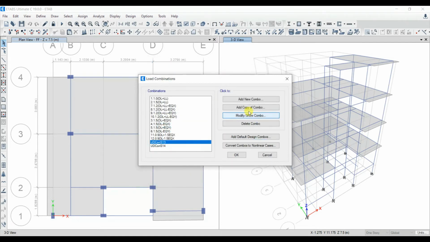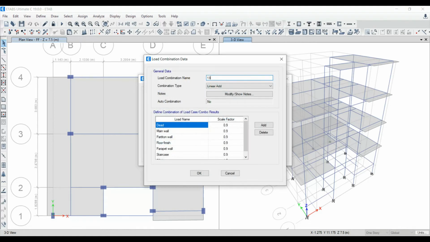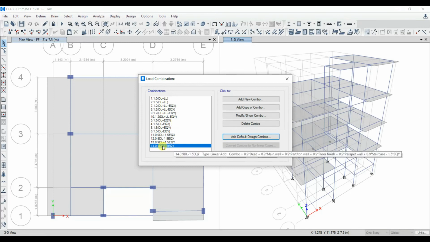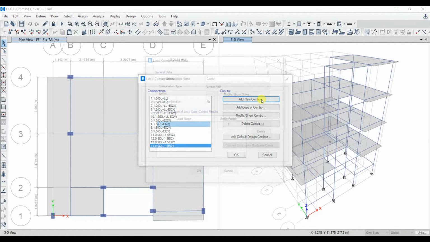Give OK. Next this one, 13th, 0.9 times dead load plus 1.5 times EQY, positive EQY, and 0.9 times dead load minus 1.5 times EQY. See, this is negative EQY. So we are done with all 14 combinations.